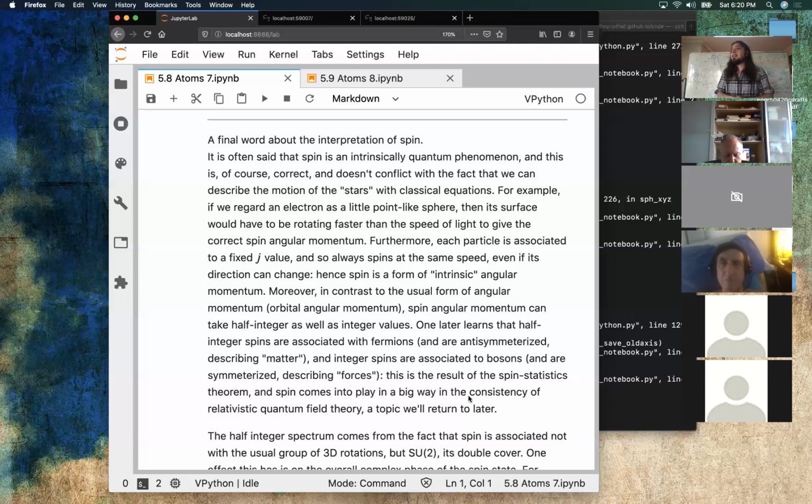it turns out that you can represent a spin J state as 2J symmetrized spin half states. In other words, as a tensor product where the constellation's encoded in the entanglement between the spin half particles and not just in a single spin J particle. And then after that, when we start talking a little bit about quantum field theory, we'll see that this is the general form that particles take in quantum mechanics. They're always symmetrized or anti-symmetrized. In other words, identical particles. And that idea of identical particles or